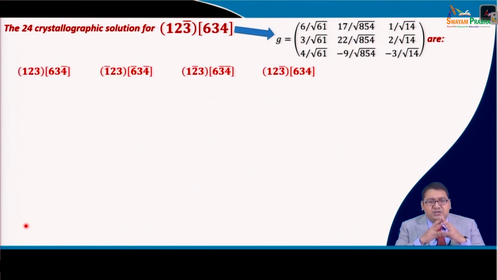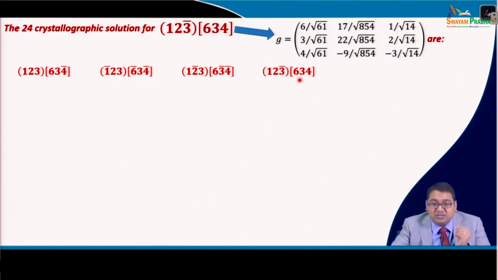So, you see that if we look into the family of planes for the (1 2 3), there could be a (1 2 3 bar) type plane, which is this one, and there could be (1 2 bar 3), and there could be (1 bar 2 3), there could be (1 2 3), and these all 4 planes are different planes, and related to which the direction, which is basically RD [634],